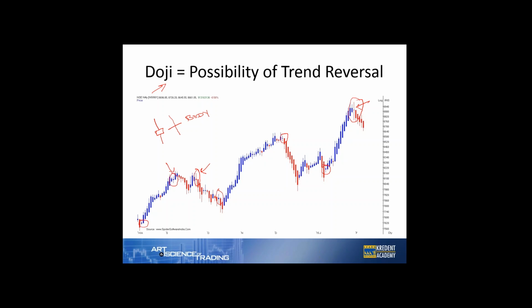So if I'm trading this chart, if I've been long into Nifty all this while, I will be fairly comfortable and hold on to my long trades until and unless I find some kind of shadows creeping up over here. The moment shadows creep up both on the up and the downside, it gives a signal that the underlying trend, which has been up for a very long time, is actually slowing down. So I can trail my stop losses, or I can take some partial profits. You see over here we have another doji where we have an upper shadow and lower shadow. We can trail our stop losses over here so we get a nice exit, or we can continue to take some profits out of the market.